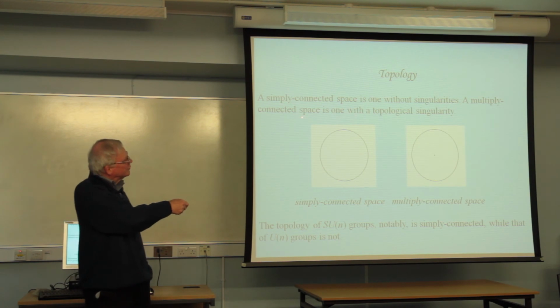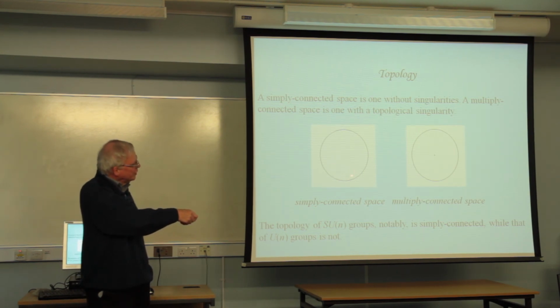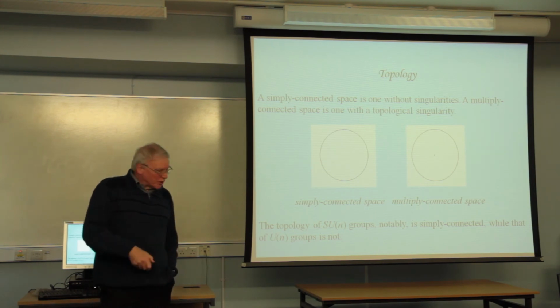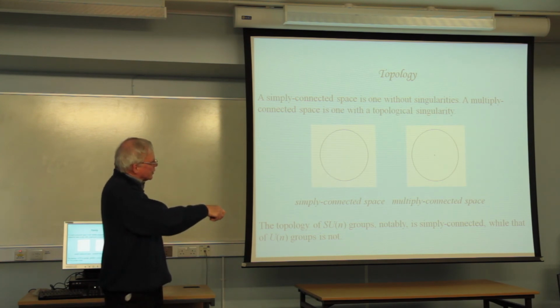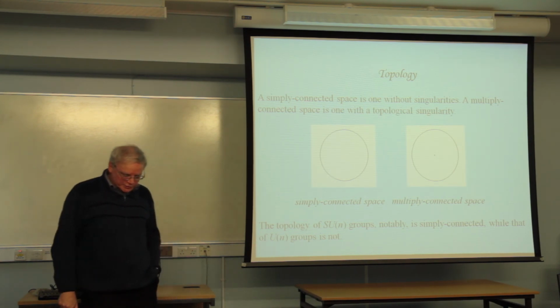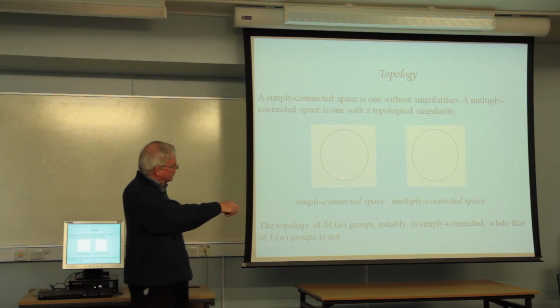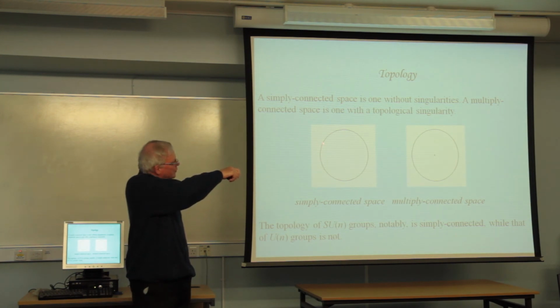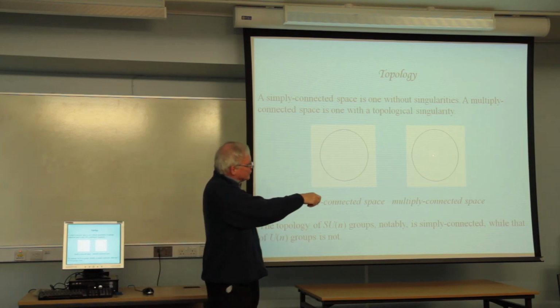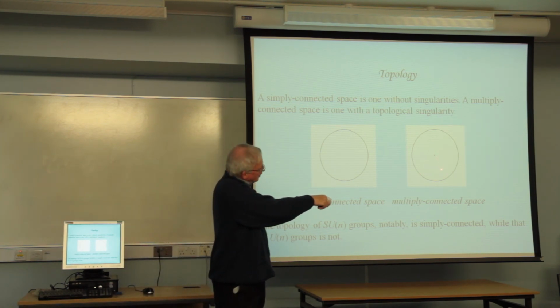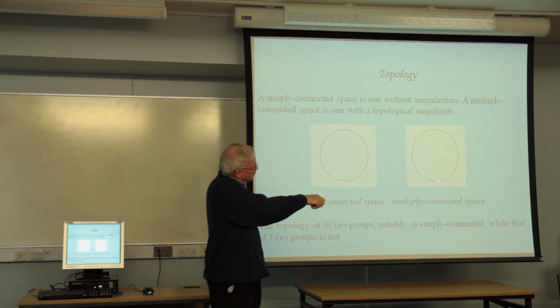I also need a little bit of topology. This is the only bit of topology I need, though I use topology in areas I'm not going to talk about. I want to distinguish between two things: a simply connected and a multiply connected space. A simply connected space is just ordinary space. If you go round a circuit in a simply connected space, if you took a vector around it, parallel transporting it along the tangent, you'd find it pointing in the same direction when you got back to your starting point. However, this one is a multiply connected space. In other words, it's got a singularity in it. And if I were to do the same thing with a vector around this one, I'd find it pointing in